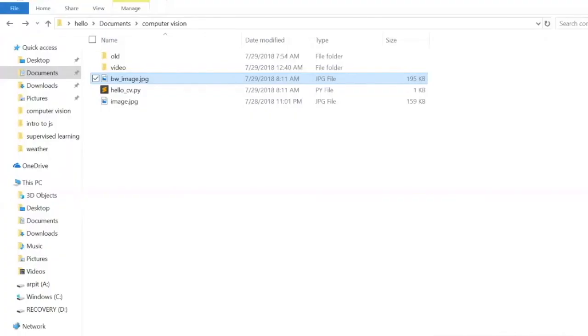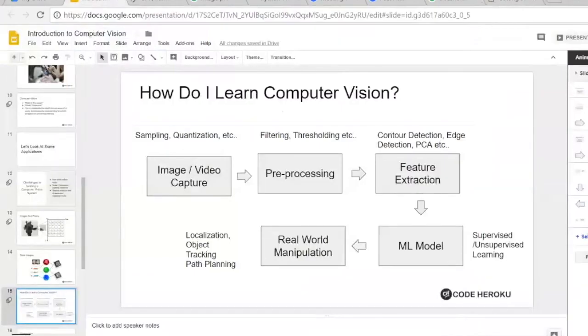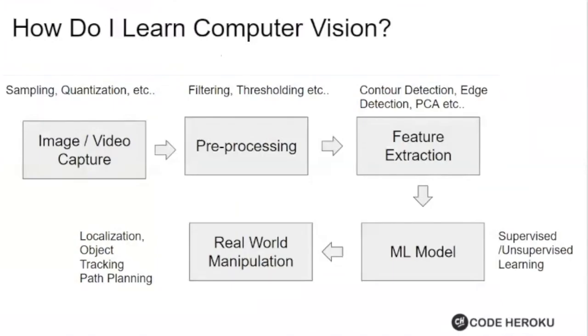Some of you might be thinking, you know what, this is more image processing and not just computer vision. I'm more interested in the machine learning aspects or real-world manipulation. But to do those things, this is the first stage of our pipeline. As you saw, the stages that we covered, this is where the image processing comes in, from image capture to pre-processing to feature extraction.